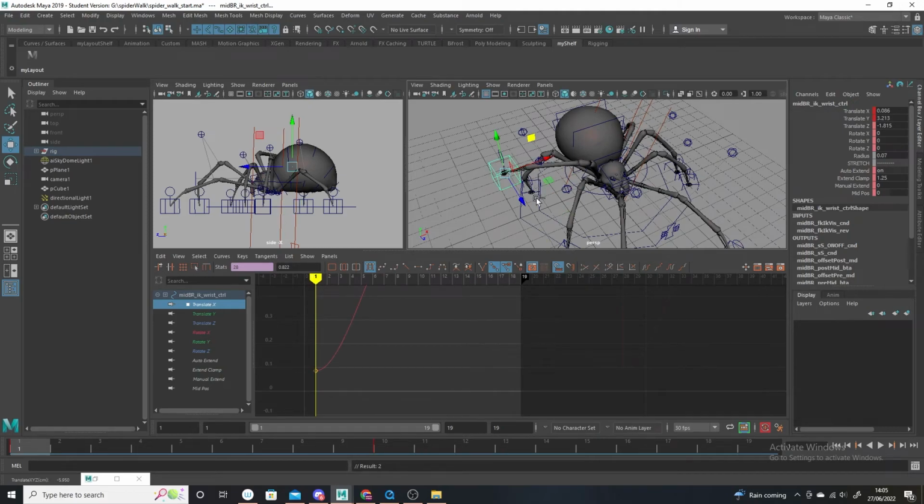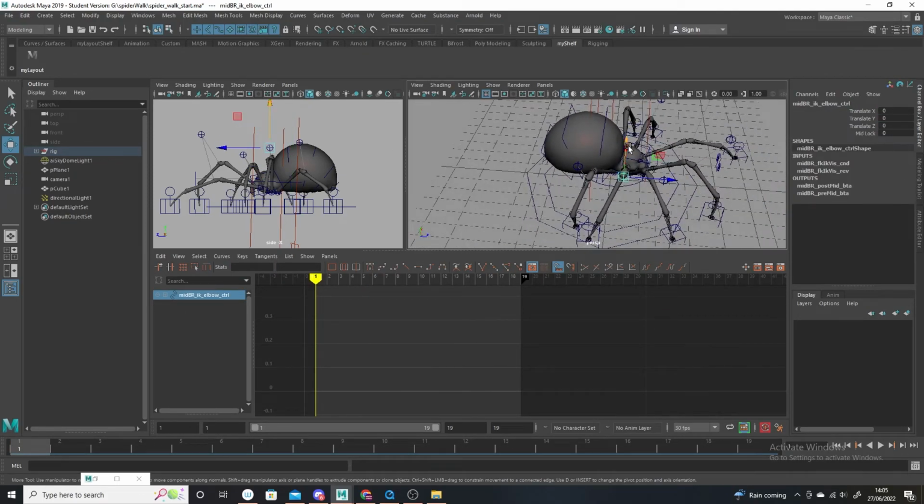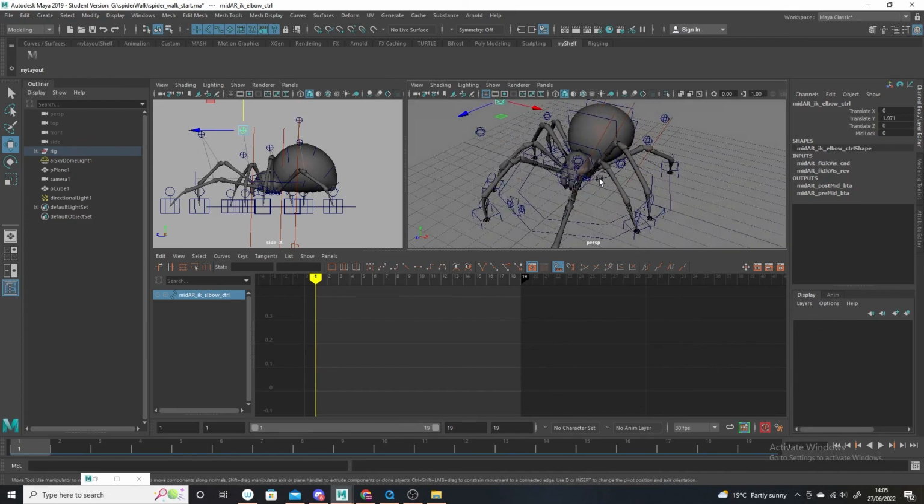In terms of the actual leg, I might lift these up a bit. Let's get more of a kind of arch in the upper. You have that real spidery look where the legs arch upwards. So I'm going to pull